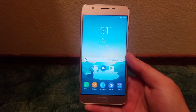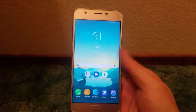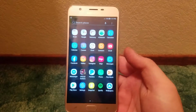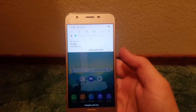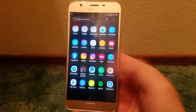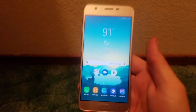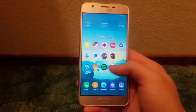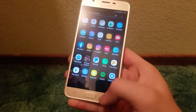Let me go ahead and unlock this. Okay, facial recognition kicked in as soon as I brought it off camera. But here's my setup. This is what it looks like. Very, very extremely reminiscent of the Galaxy J7 Crown. Once again, because that's what this phone is based off of, if I'm not mistaken. So yeah, no problems with it. Like I was saying, it did not come with a SIM card, but again, neither did my K20 Plus. So yeah, nothing the matter with this one. It was not Google locked when I